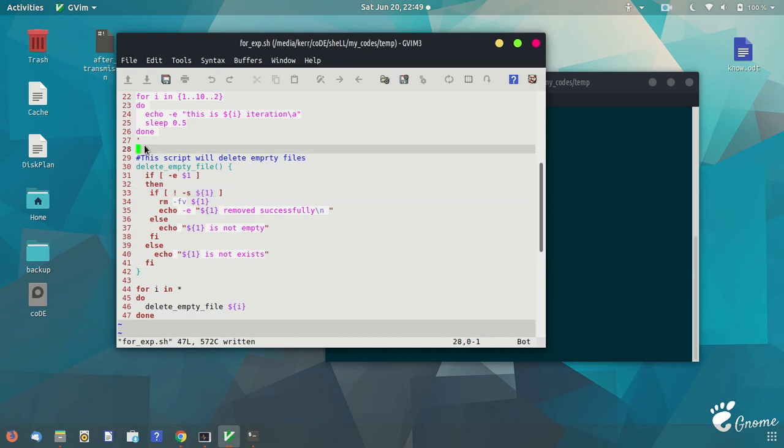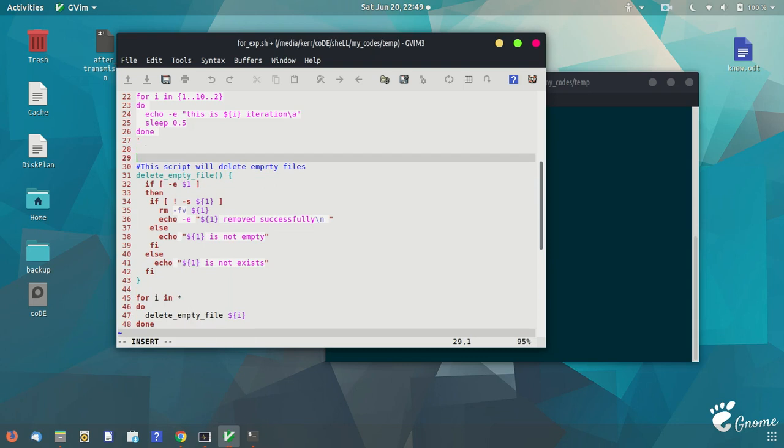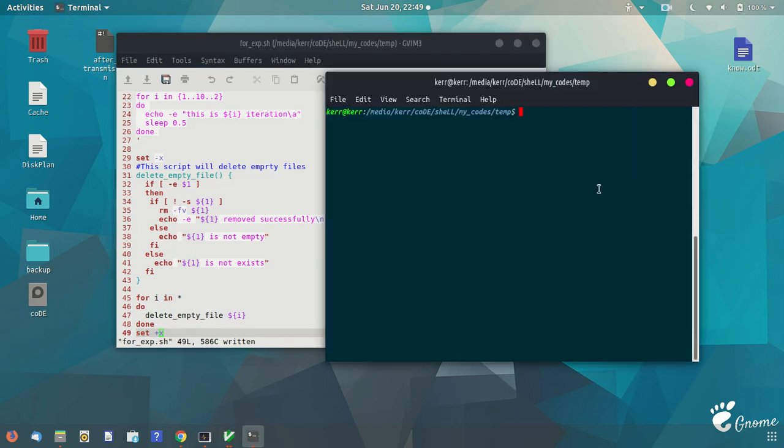So that's why I will use this option, set -x, so that debug will be starting from the very first line, and then set +x. Okay, save the code, let's run it.